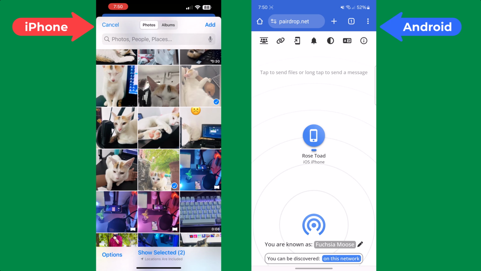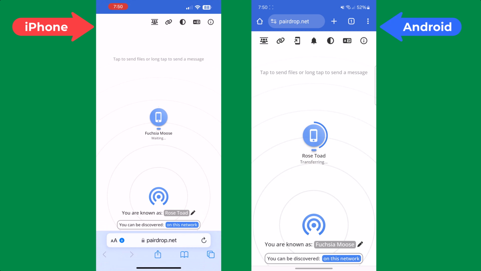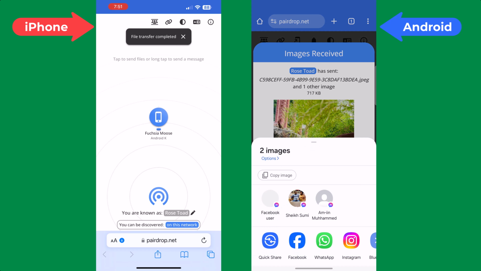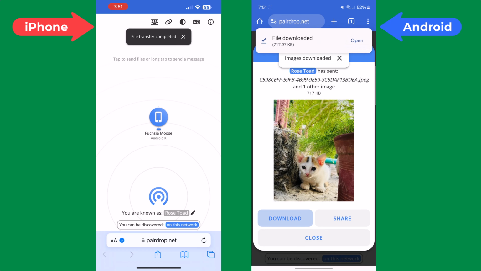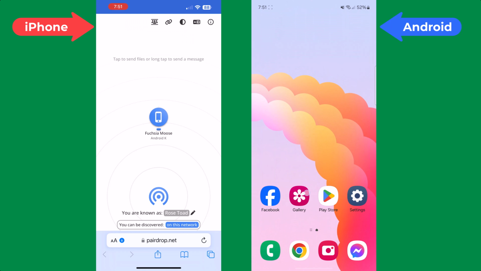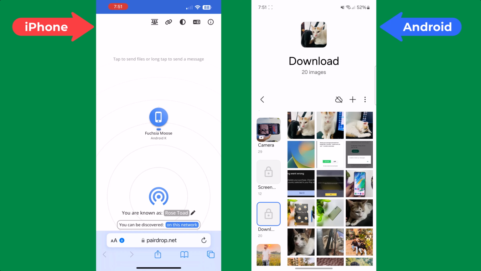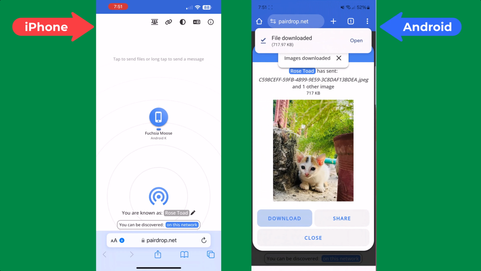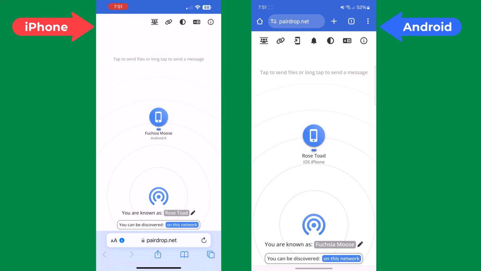And once you select it, tap on add. And on your Android phone, just tap on accept, tap on download, and your photos and videos will be downloaded in your gallery. And the same way, to transfer anything from Android to iPhone, you have to do the same